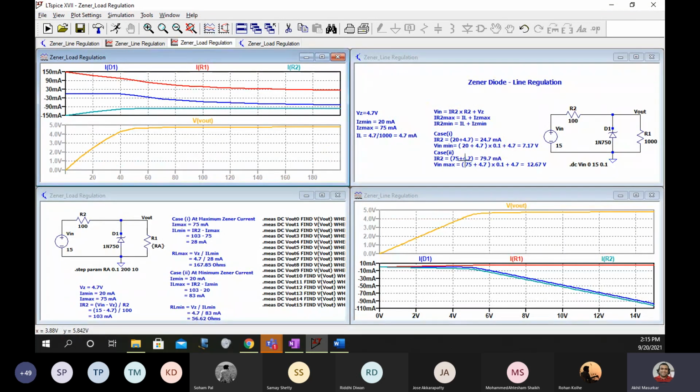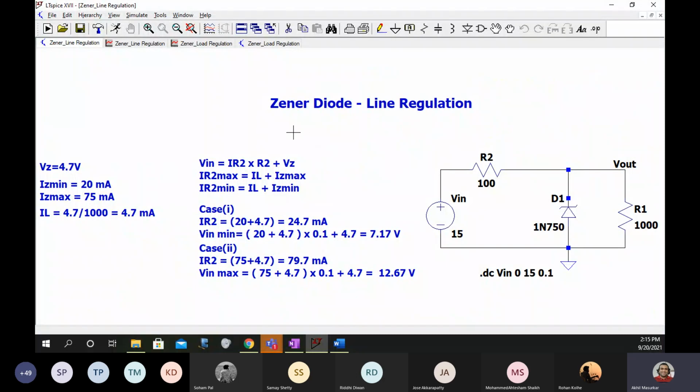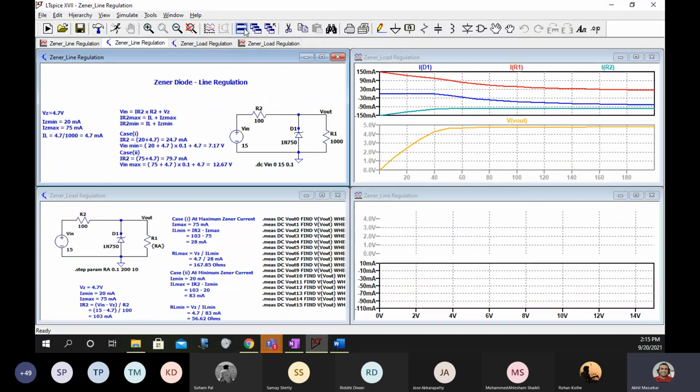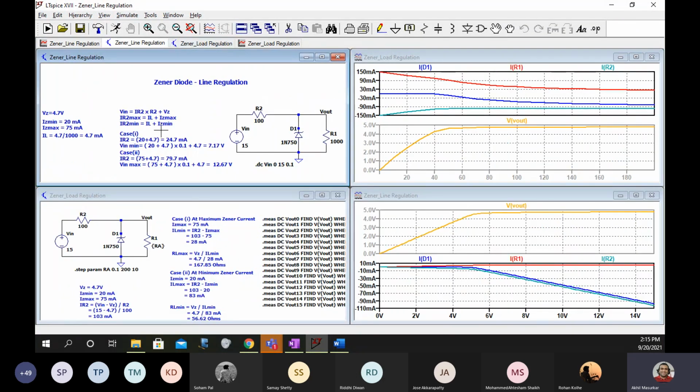So we got these two graphs. Now I want you to plot these two and show me. I want to see all these four, and all calculations should be on the circuit itself.